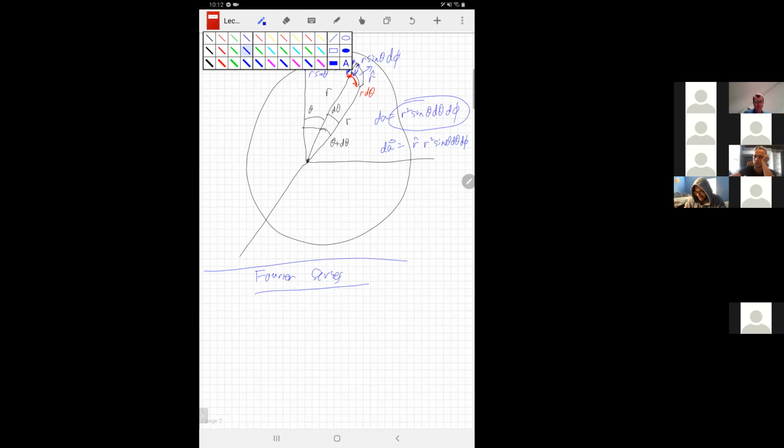Plenty of important optical devices are periodic. Gratings, which are used all the time in spectrometers, photonic crystals. So periodic systems show up everywhere. And the beautiful thing about periodic functions is that no matter how complicated they look,